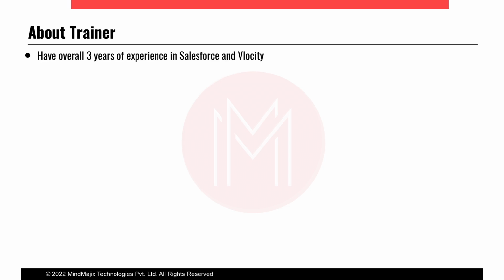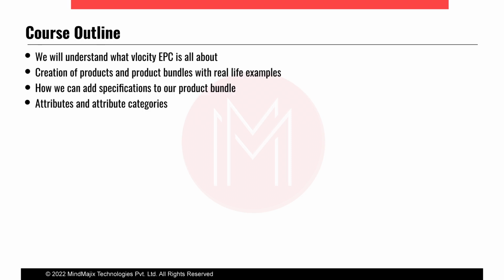The scope of the demo: we are going to study the topic Velocity Enterprise Product Catalog, in short, we call it EPC. There will be three topics we are going to focus on today. First is the overview of product creation, then product specs and bundles, and third, understanding attributes and attribute categories. So what we are going to learn is what the Velocity EPC is, then we'll be creating the